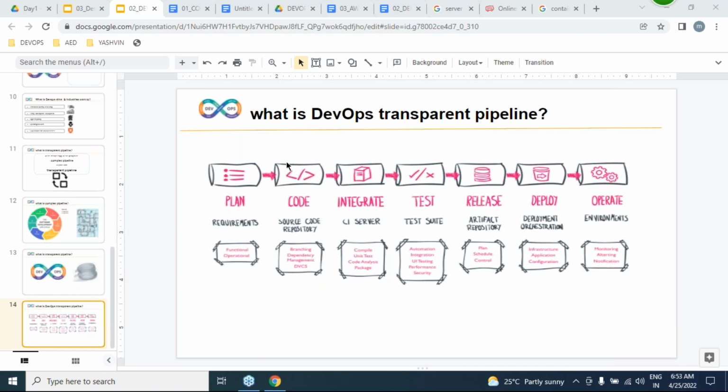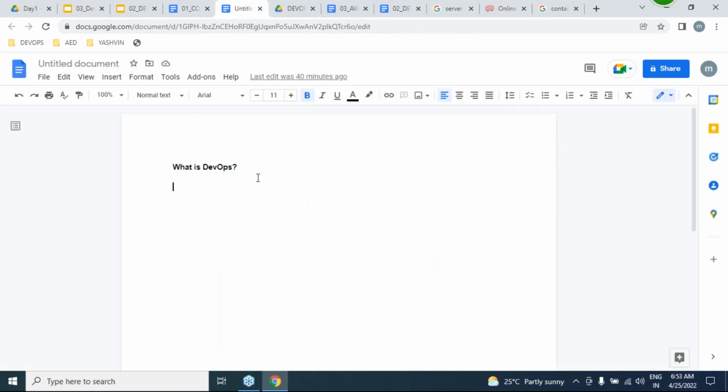We are going to take the source code from the developer, and automatically we are going to place our application on production servers without any manual interaction. It is exactly the DevOps process. So I hope each and every student understood what exactly DevOps is, and which tool stack we're going to be learning for implementing DevOps.